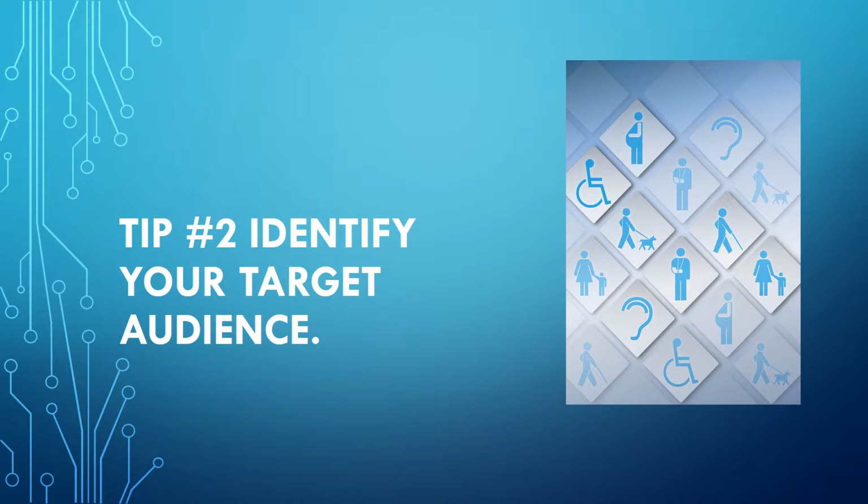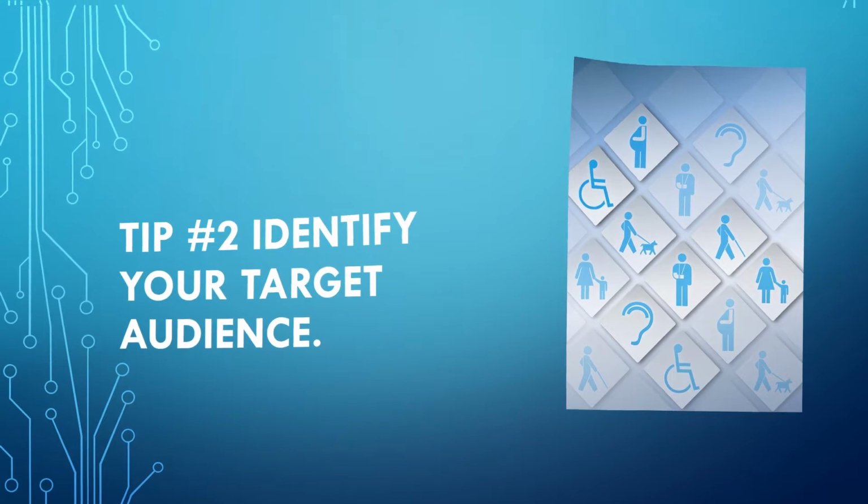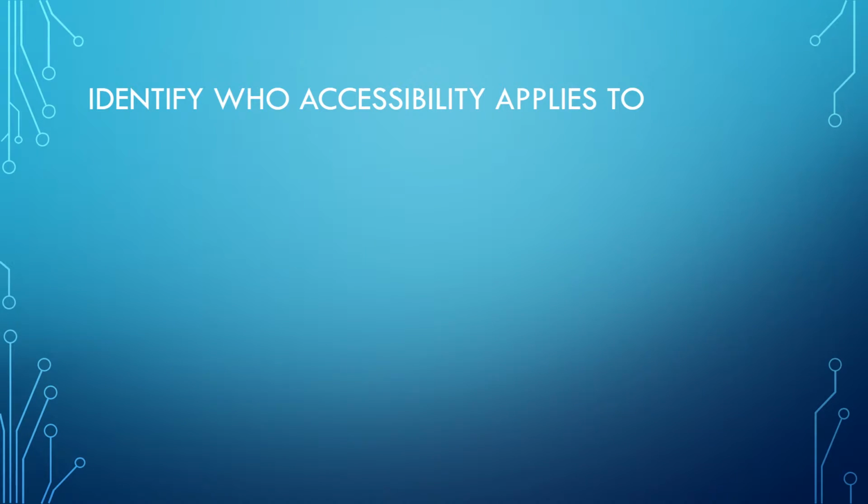Tip number 2, identify your target audience. The second tip to creating accessible content and implementing design is to know your target audience. Accessibility is being created for those with many types of disabilities. These disabilities include, but are not limited to, hearing,